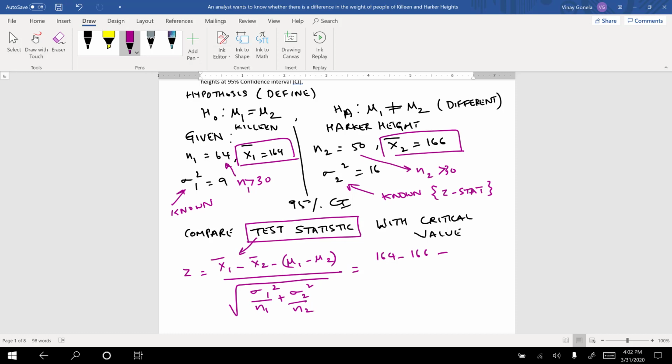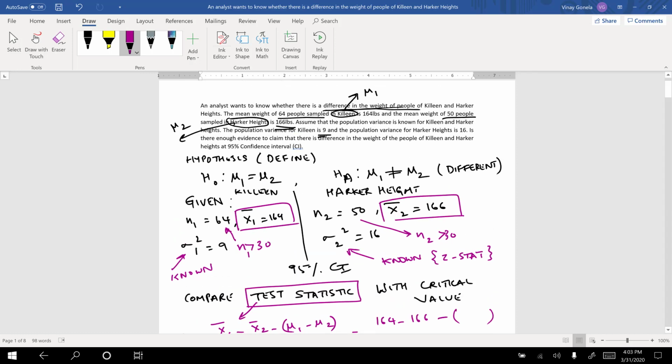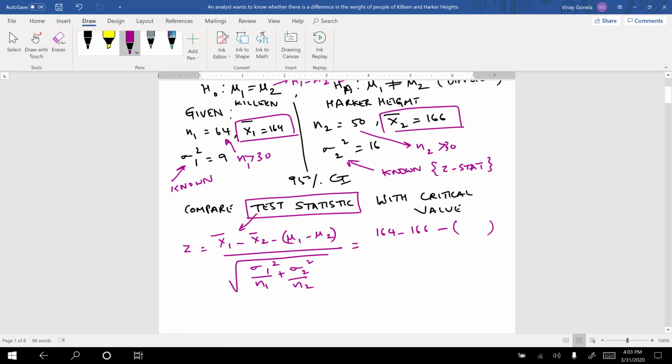So if you see this, mu1 is equal to mu2. The other way of saying this is mu1 minus mu2 is equal to 0. So the alternative is mu1 minus mu2 not equal to 0. So this value, mu1 minus mu2 equal to 0, comes from the null hypothesis. So this comes from H null. So that is 0